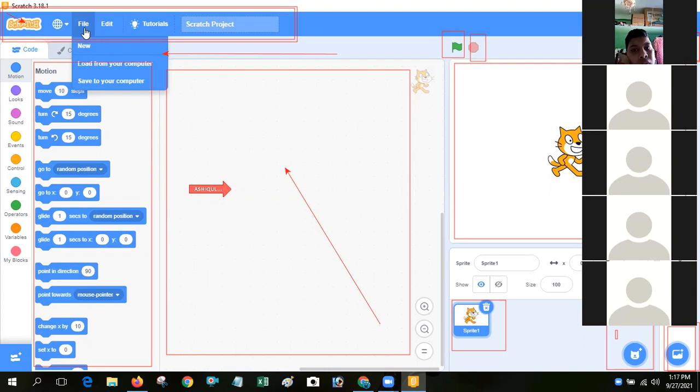Next, the edit menu. Options to adjust the stage layout or use the restore option are available in the edit menu. Restore option means suppose you mistakenly delete something, a block palette or script, then you can restore or undo all the information from the edit menu. You can see the edit and restore button. This option.